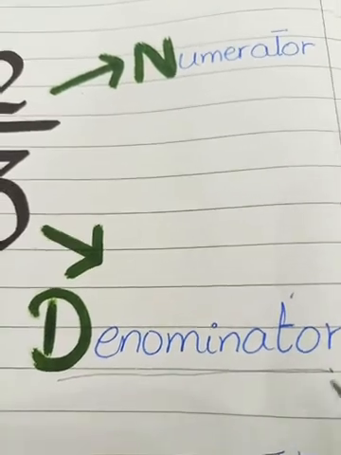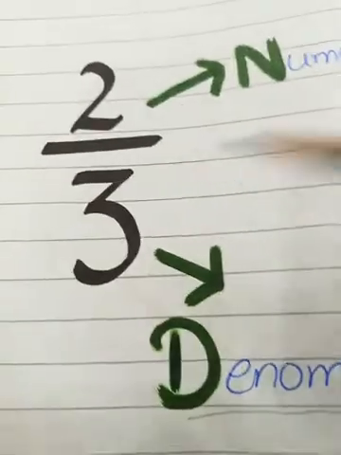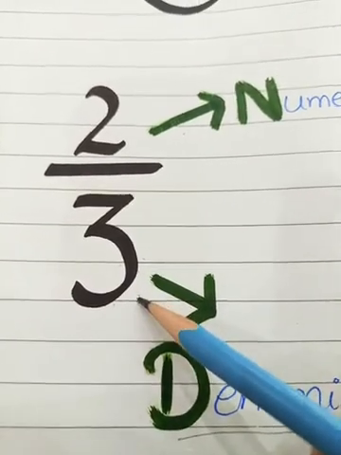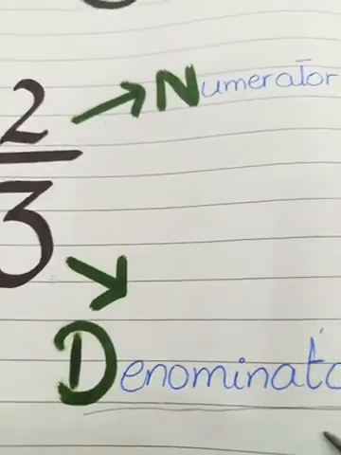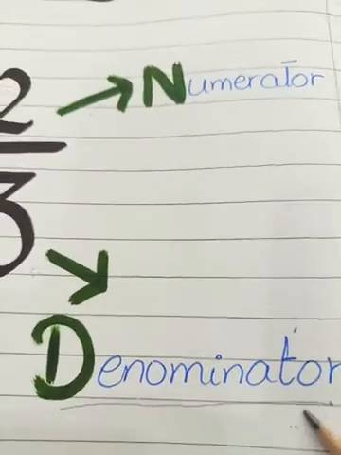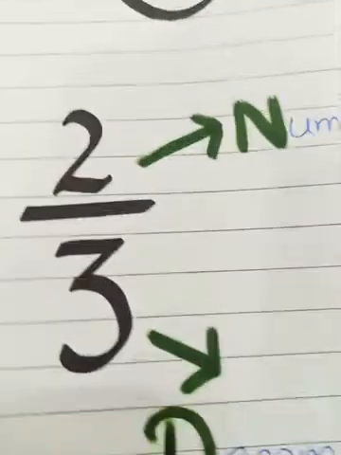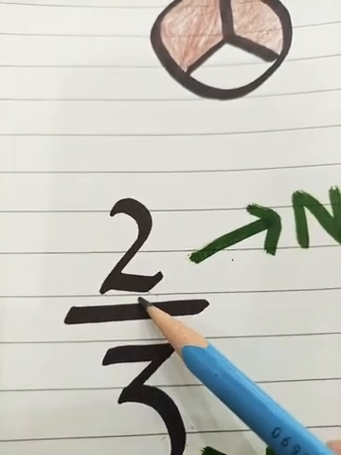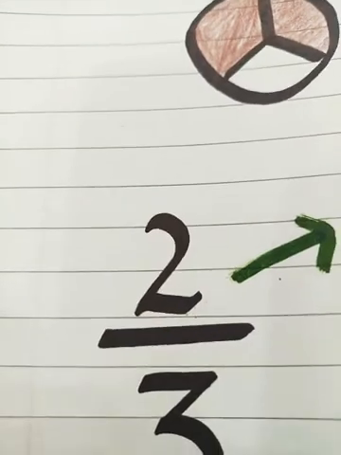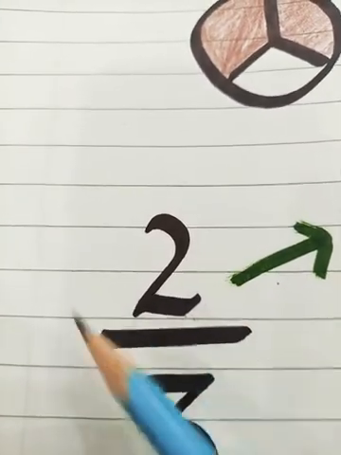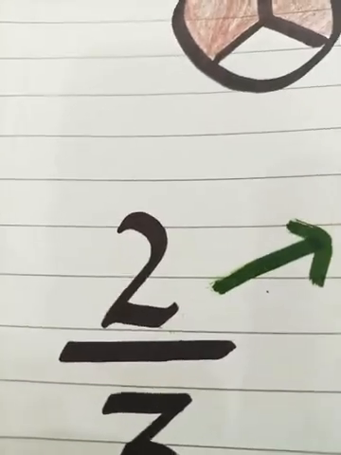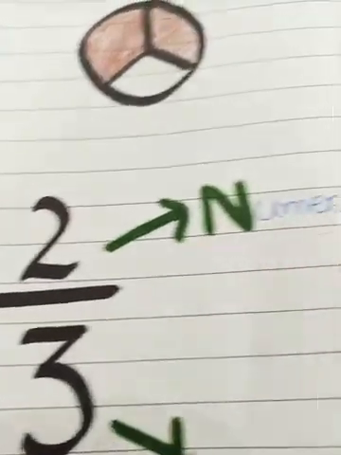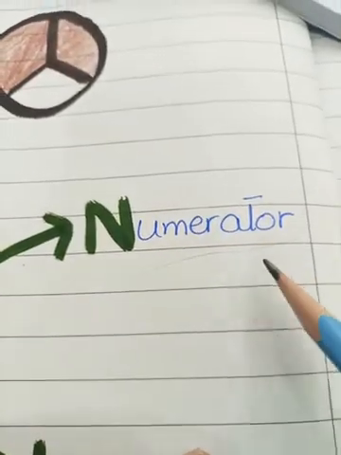Okay students, remember this and read it with me. The lower number, this one, indicating the total number of parts or the total number of things in a set, is our denominator. What is this? The name is denominator. Okay, and the upper part, that shows the colored portion, or the referred part, this top number is our numerator. So students, here is the name for the upper value, that is numerator. Okay, the name is numerator.